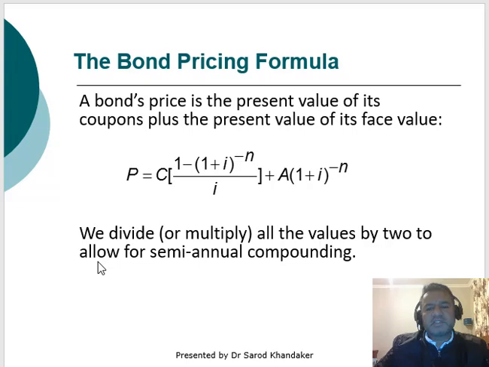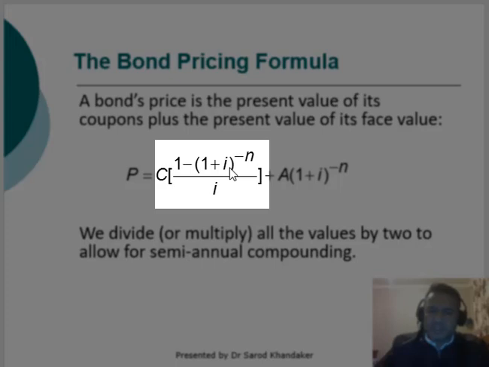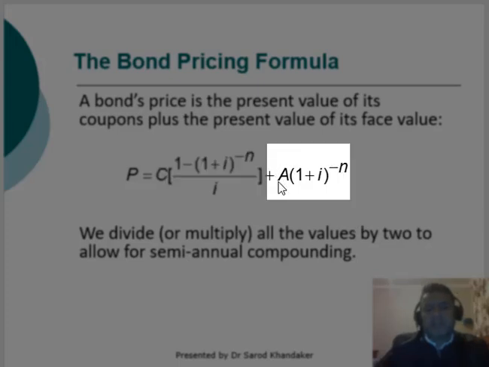This slide shows the bond pricing formula. Now look at this formula very carefully. This is a very important formula for you. The formula has two different parts. The first part is the present value of the coupon payment, and the second part is the present value of